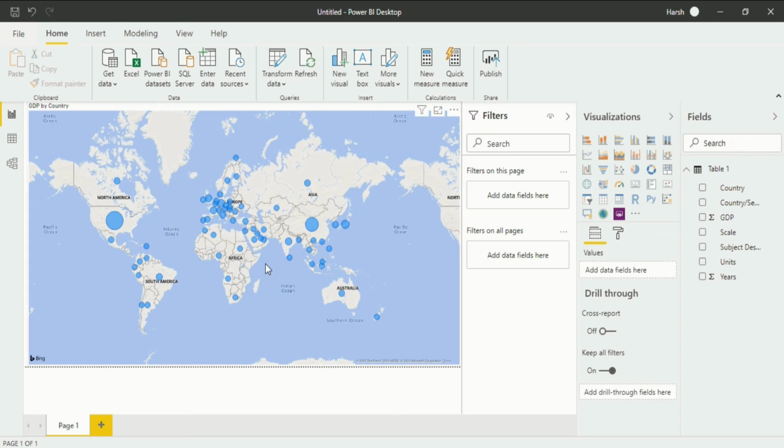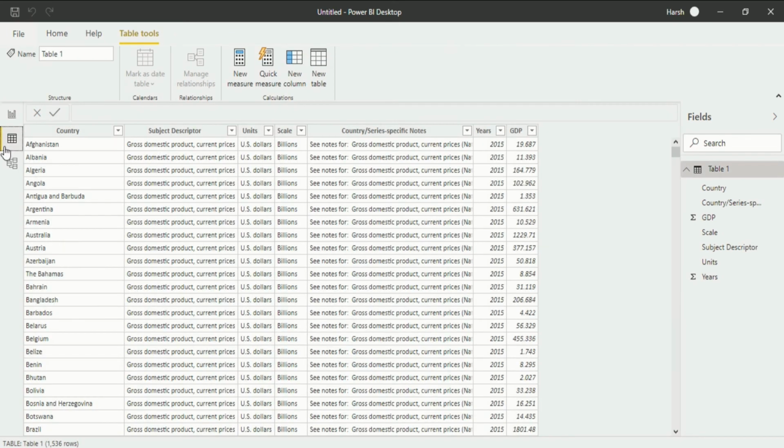Now I talked about the views. The views can be selected in the left column. At the moment we are in report view and it is displayed right here. The report view is where we generate our visualizations. Now if we switch to the data view, which is the second button, then we can see the actual data model. So the data we created and worked on throughout the data modeling step.